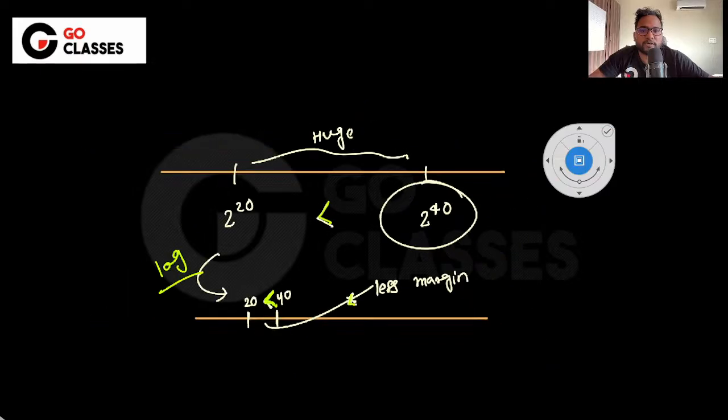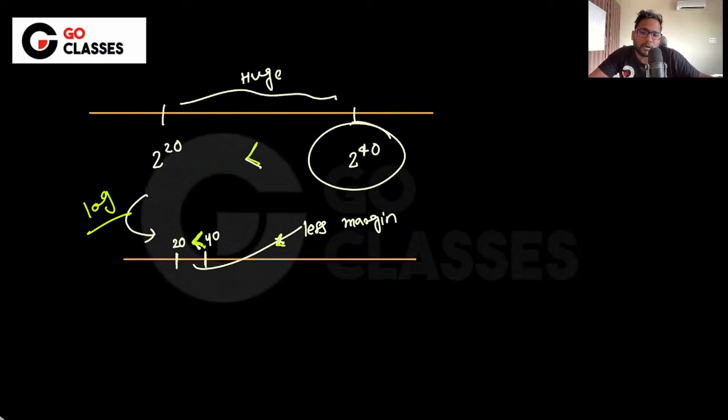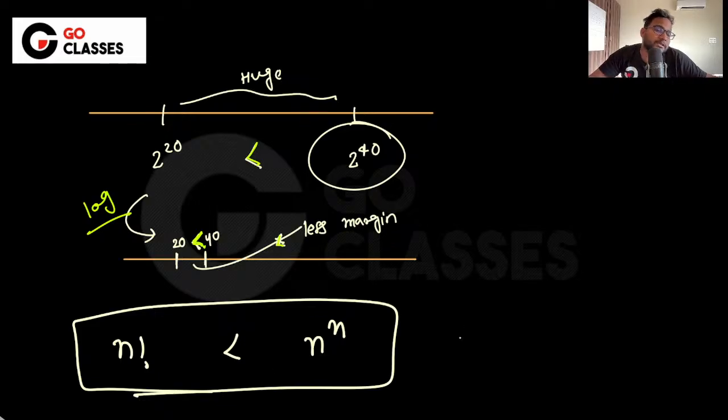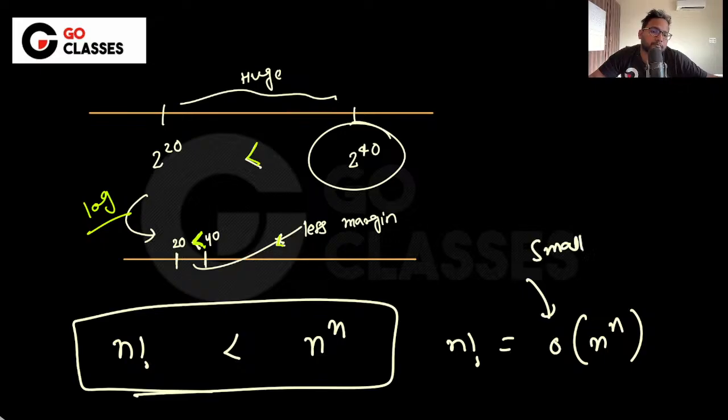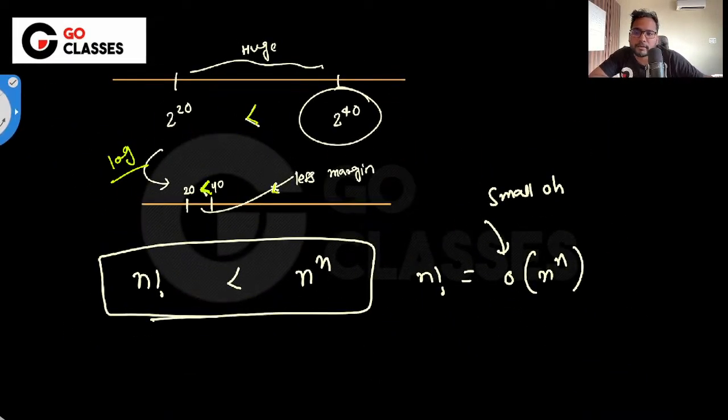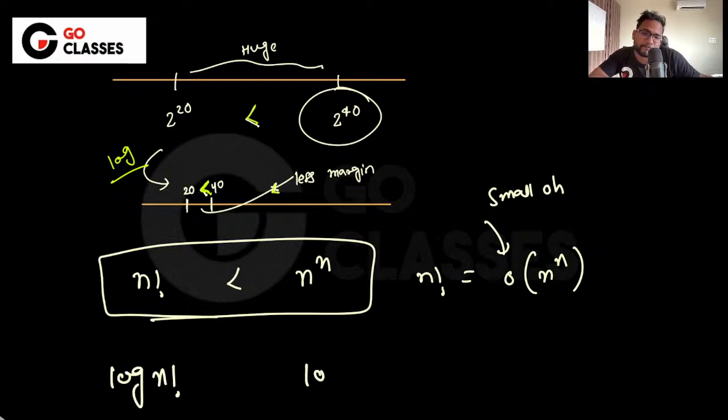Let's suppose there are two functions. You might know about it. One is n factorial, one is n power n. Do you know that n power n is strictly greater? Do you know this? It means n factorial is small o of n power n. Now, if you take log,